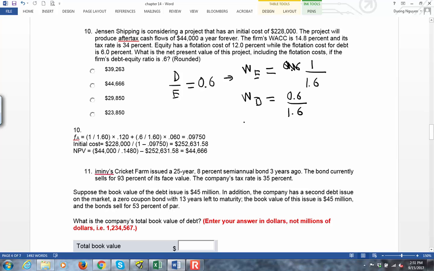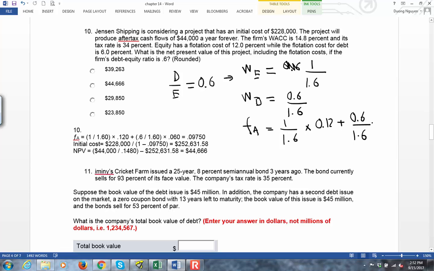So the average flotation cost would be the weight of equity, which is 1 over 1.6, times the flotation cost for equity, which is 12%, 0.12, plus the weight of debt, which is 0.6 over 1.6,